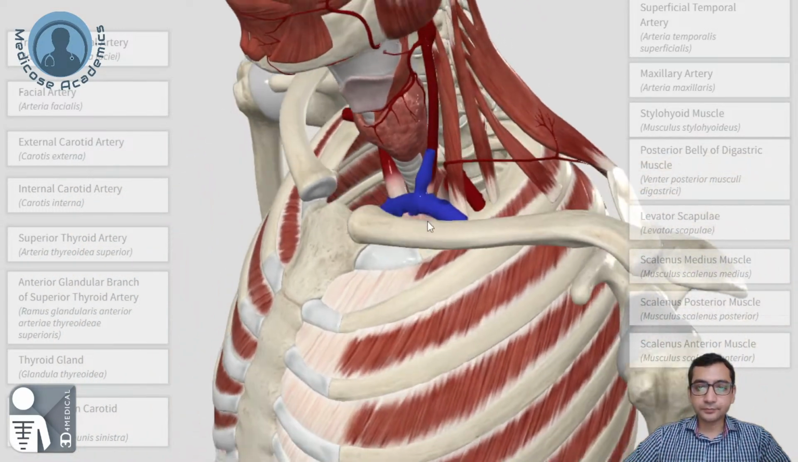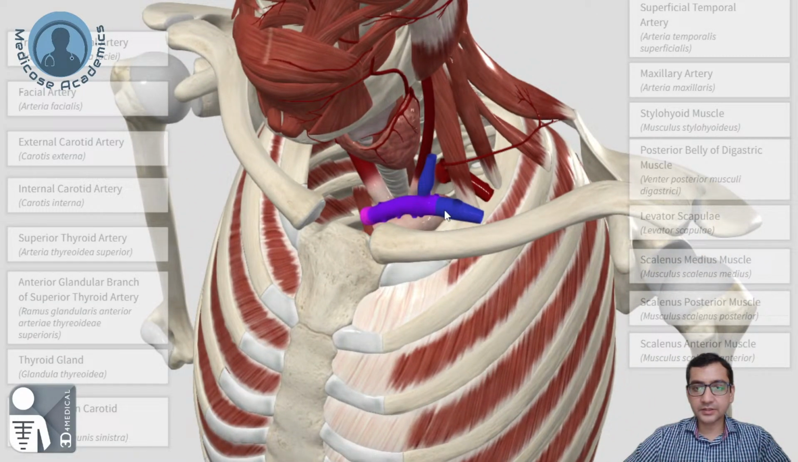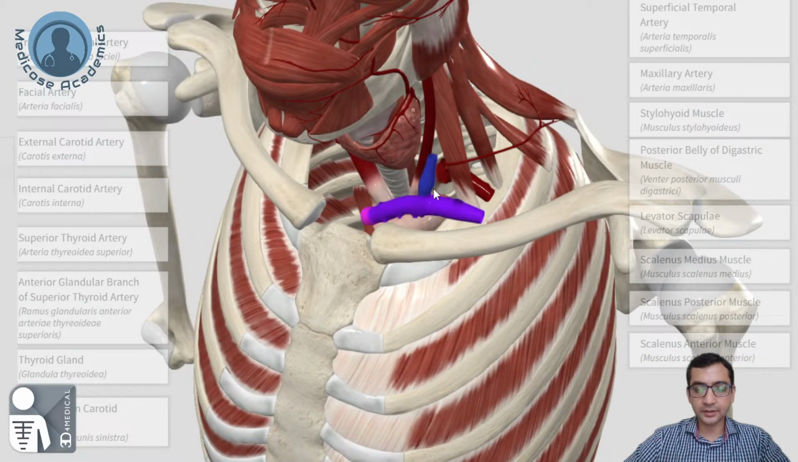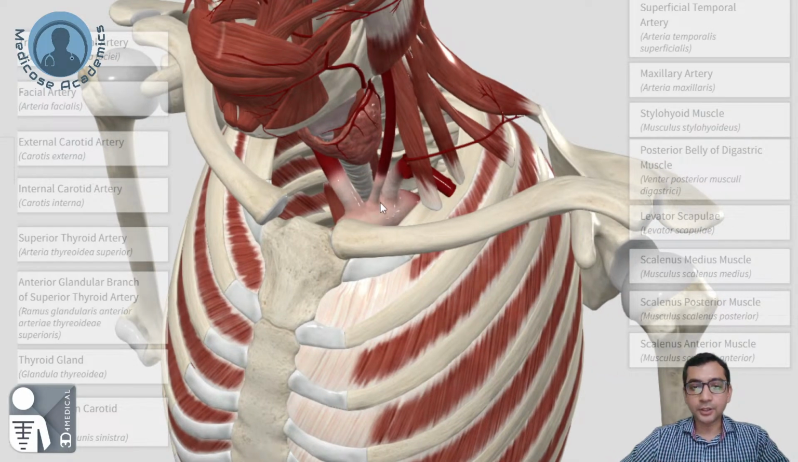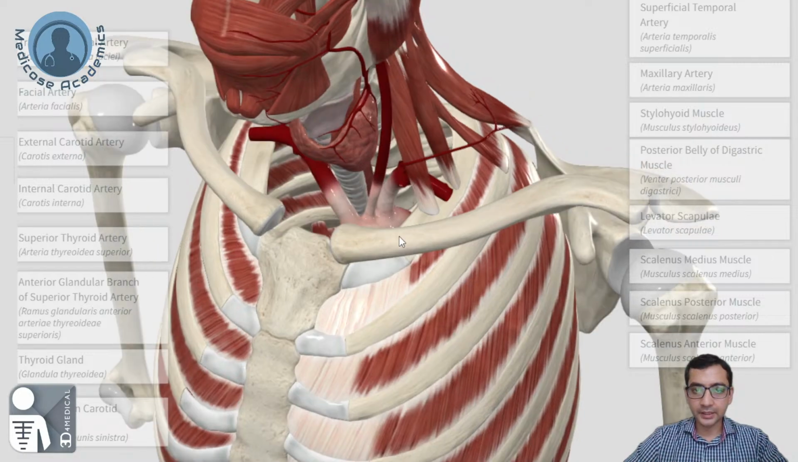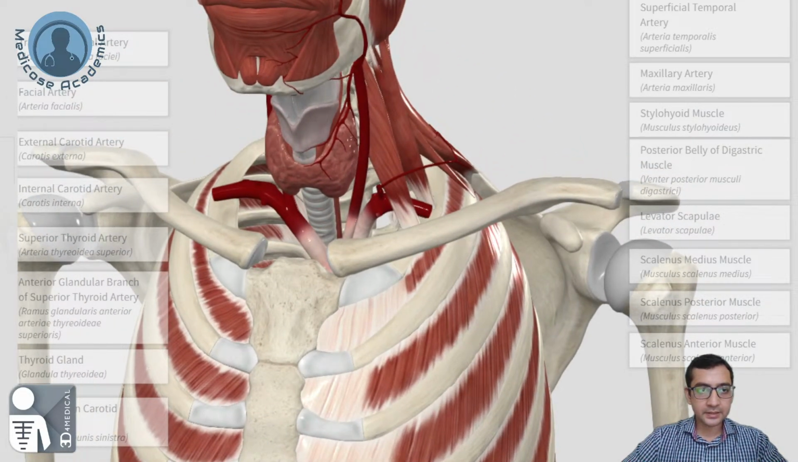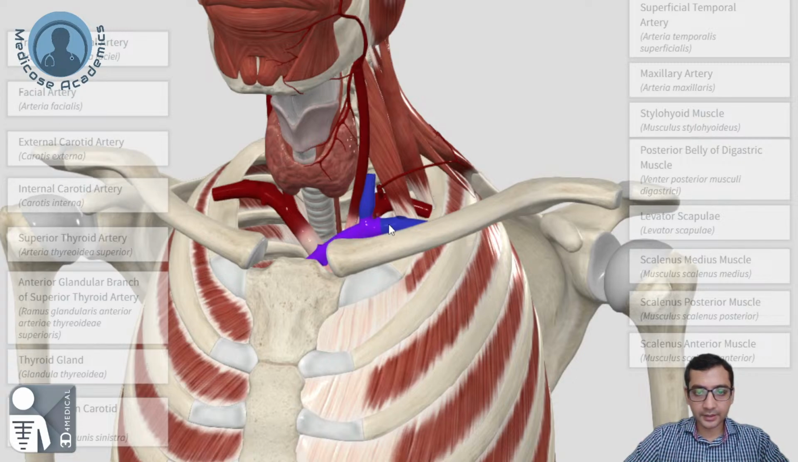On the left side, you can see, let us hide these for now. The arch of aorta, on the left side, has a separate origin of the left subclavian artery and the common carotid artery. They both move upwards into the neck. They are on the left side of the trachea, and as they come up,